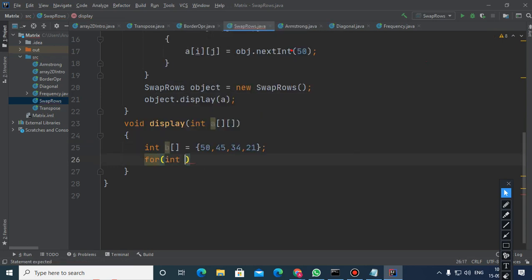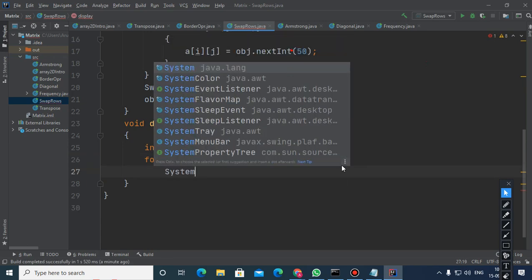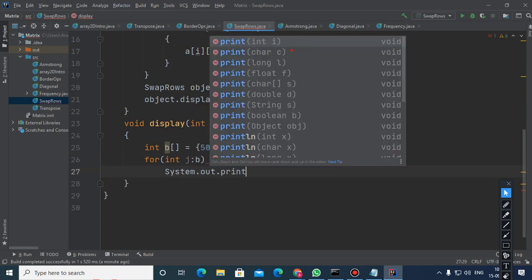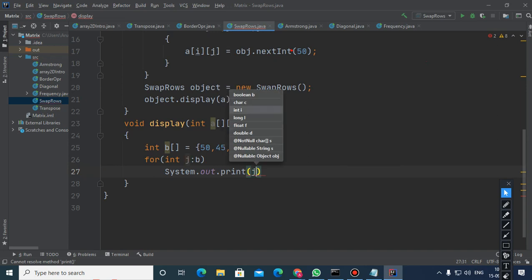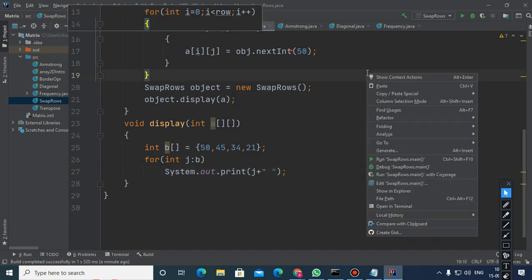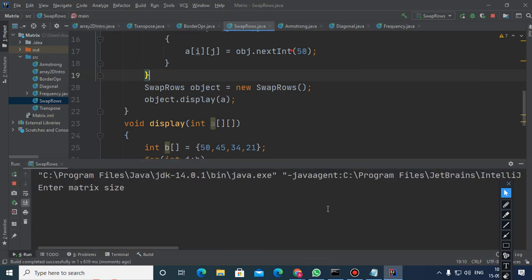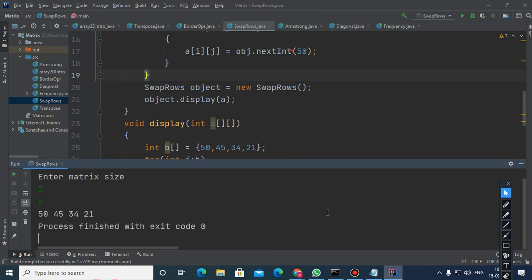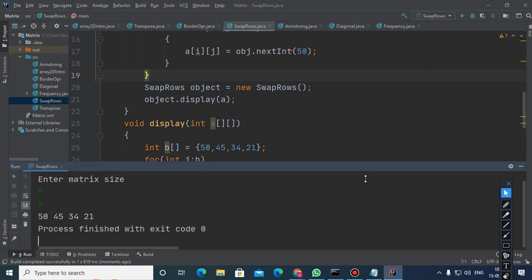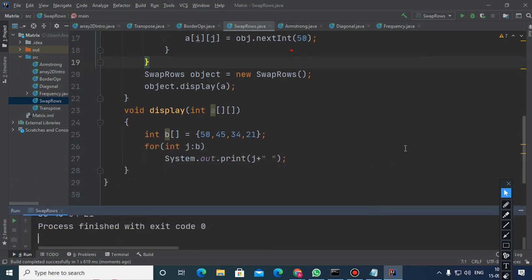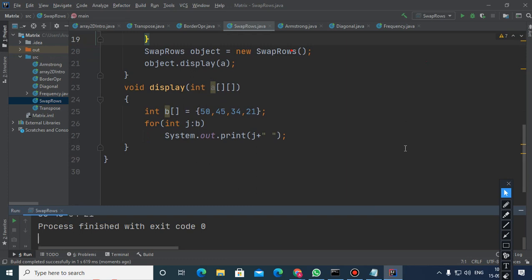For int j colon B, B is the array, and that is j. Just execute that. 50, 45, 34, 21. All the elements will get printed. Any problem?